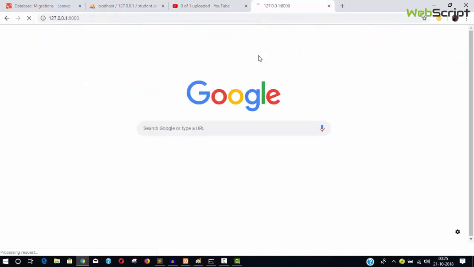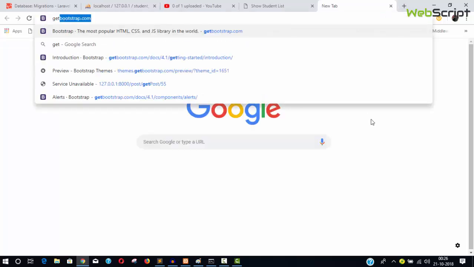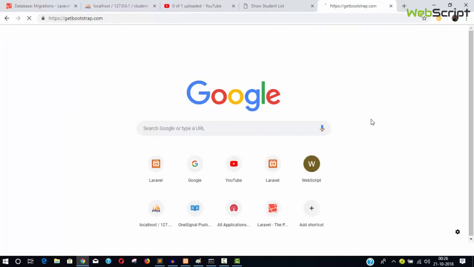You can say here 127.0.0.1 port 8000 and hit enter. So you can see that we have now created a page, the student list, and we can see the student list here, right? And Laravel comes with Bootstrap, so we are going to use Bootstrap in this project. For that, just go inside bootstrap.com,